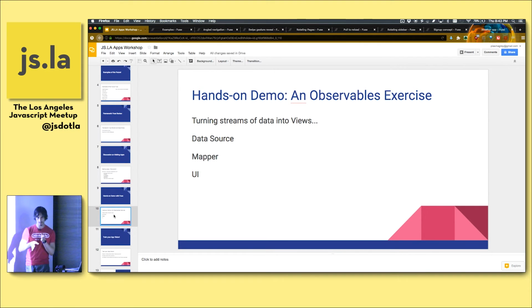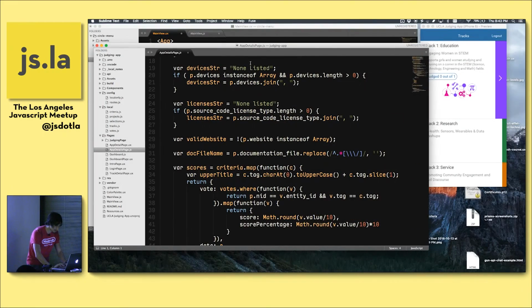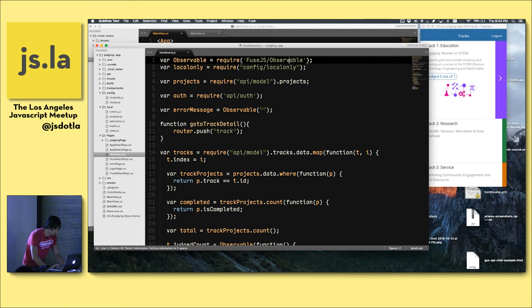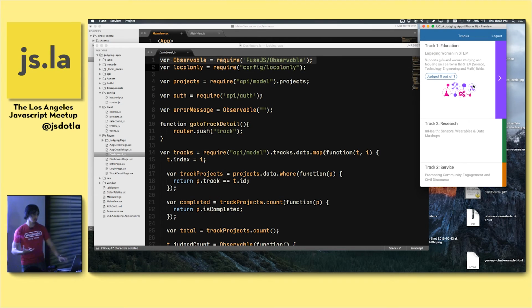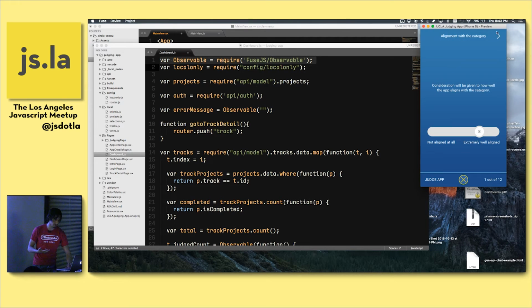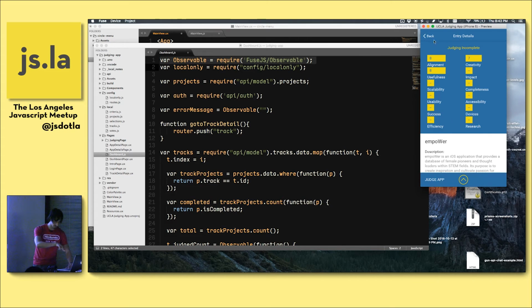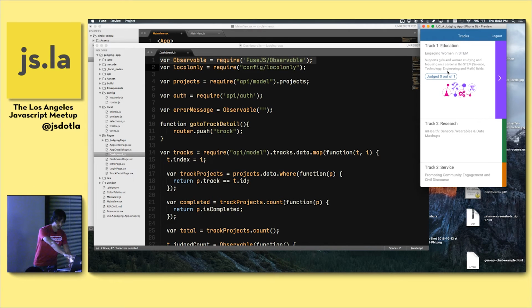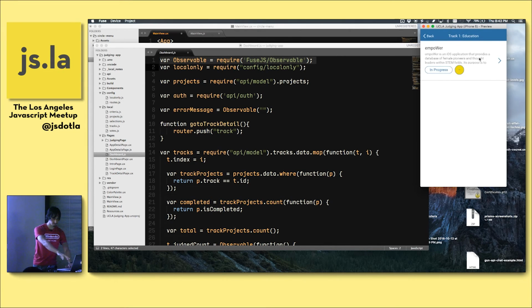Whenever the JavaScript is sending anything to the UI, it goes through an observable. And these things are everywhere in this code. So if I go in like dashboard here, an example of an observable in use is when I set this slider and I change the score to 8, then that actually is an observable that passes that all the way down to this view and then to this view. And even to this view, because it'll calculate the score. It'll show the final score here once I've judged all of these.